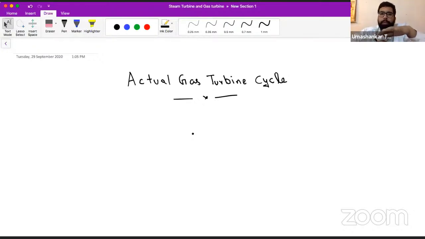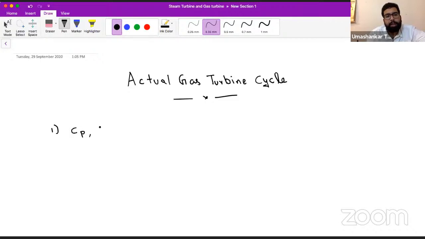Some of those assumptions may no longer hold good, or some of them may hold good and some may not. Some can be valid in a question, some of them cannot be valid in the question. A combination of them may be valid, or maybe all of them are not valid. So how to deal with this actual gas turbine? We are going to have this discussion mostly in this session. So first is, let's say,